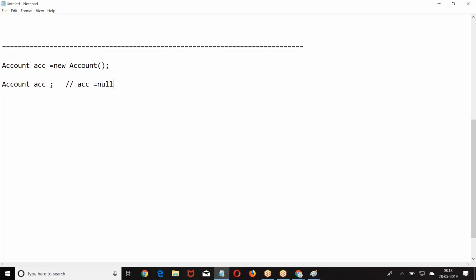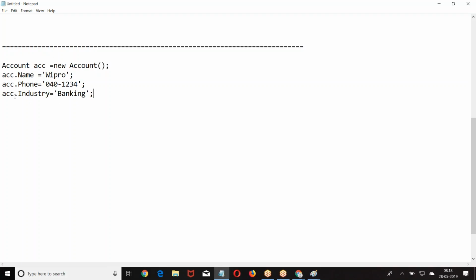It is a reference variable, but not referring to any location. So Account ACC equal to new Account. Then what are the fields we have? ACC.Name field, ACC.Phone field. Are you getting my point? This is how I create one account.